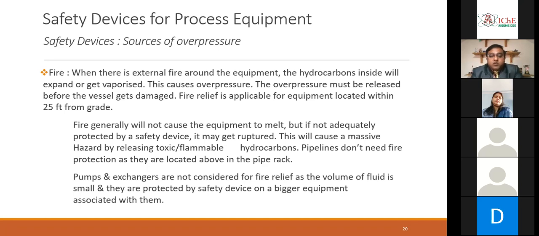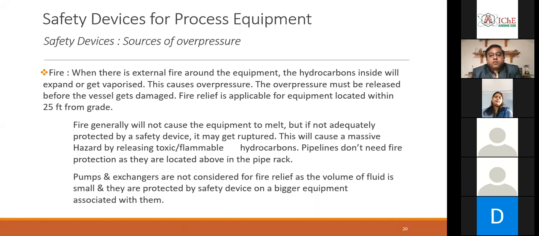So I hope you understand how the fire will cause overpressure: extreme heat input into the vessel, massive expansion of the liquid, it vaporizes, and it starts causing a massive overpressure. Just what happens in your pressure cooker. You keep on giving the heat and the water inside evaporates, expands, and it comes out of the vessel. The same thing happens here, and your safety valve is what the pressure cooker's vent corresponds to.